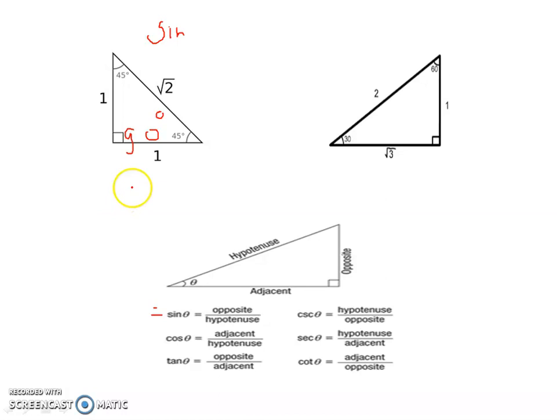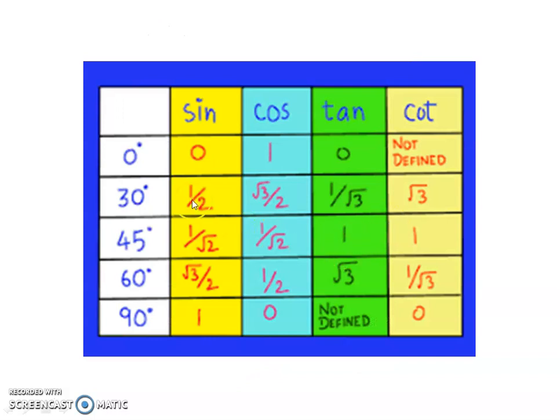Here the opposite side is the hypotenuse side, so sine 90 is 1 upon 1. So that's why, using this table,